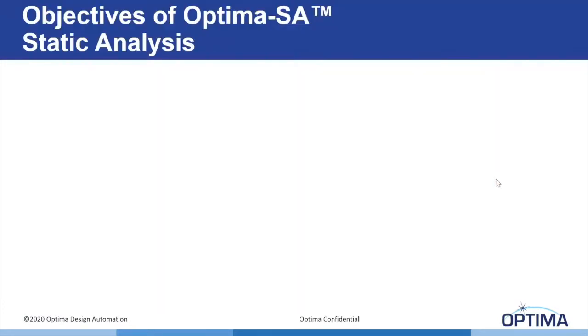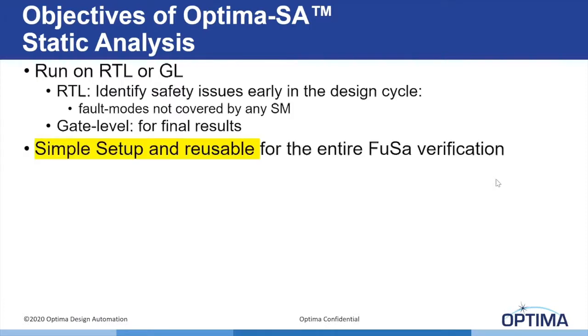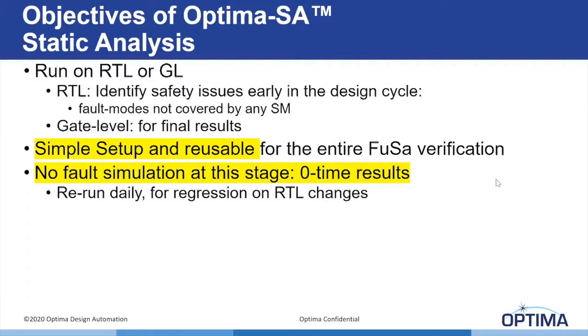The objective of Optima SA static analysis is that it runs on RTL or GL. So the user can run on RTL to identify safety issues early in the design cycle, and on gate level for the final result. It should be a very simple setup and reusable for the entire FUSA verification. No fault simulation at this stage, zero time for the results, so that you can rerun daily for regressions on